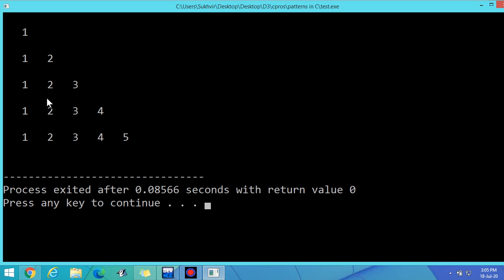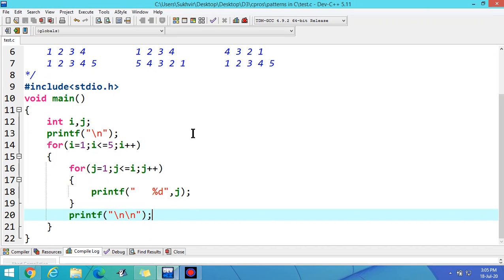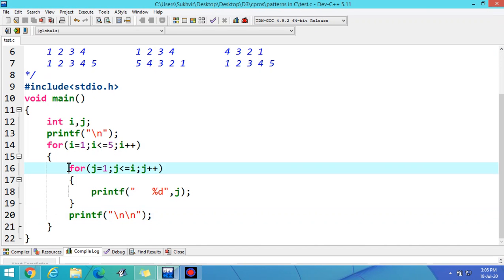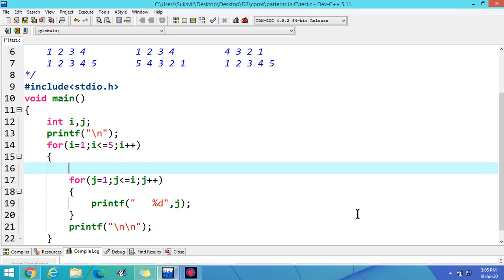Now our target is to reverse the third and fifth line. Third and fifth line. The first line, if I reverse it, will remain as it is. It means if the value of i is odd, I have to reverse the values. Now what I have to do, apply an if condition here.